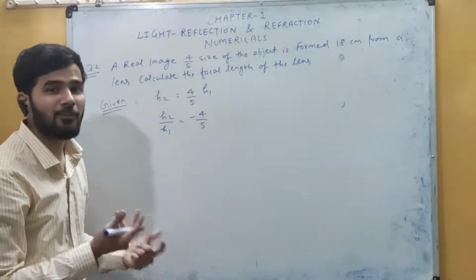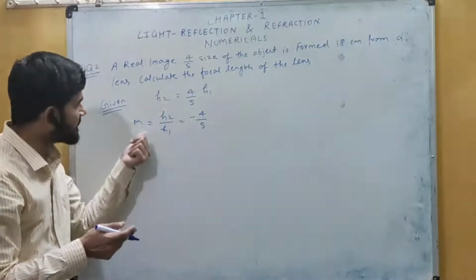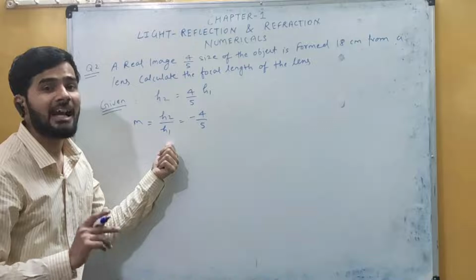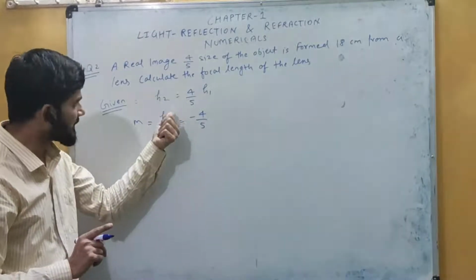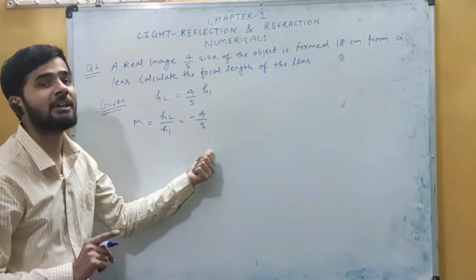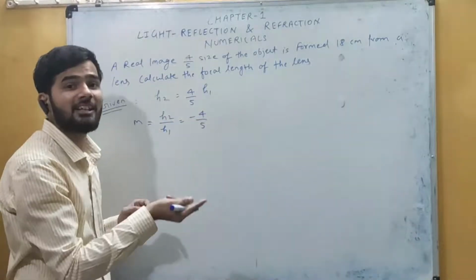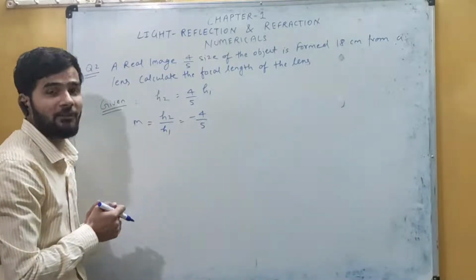5, because the sign of magnification, this m is equal to h2 by h1, and magnification negative कब होता है? जब यहाँ पर अपने पास इमेज कौन सी है? रियल, and that is always given by the ratio of the height. So you can write it to be h2 by h1 is equal to -4 by 5. और यहाँ से हम कह सकते हैं कि h2, height of image, that is equal to -4 and the height of object that is equal to 5.